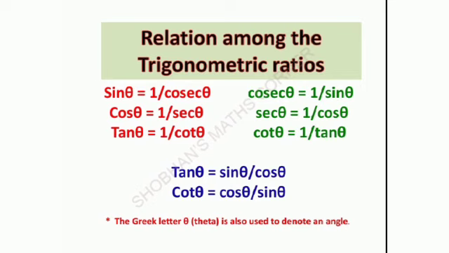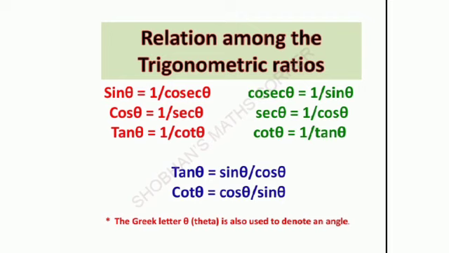Now, let us see the relation between tan, sin and cos. If you see carefully, sin theta is opposite by hypotenuse, cos is adjacent side by hypotenuse. If you write sin upon cos, that is opposite by hypotenuse divided by adjacent by hypotenuse, hypotenuse gets cancelled, you are left with opposite by adjacent, which is nothing but tan theta. That is why tan theta is equal to sin theta by cos theta, and cot theta is equal to cos theta by sin theta. So, you must remember which is reciprocal of which, those three, and after that tan is sin by cos and cot is cos by sin.